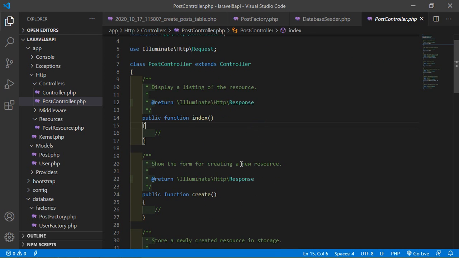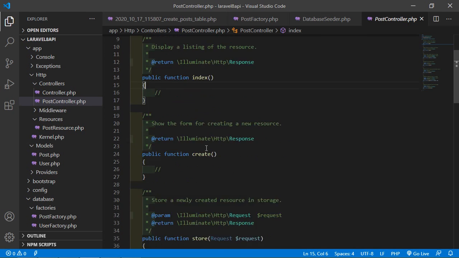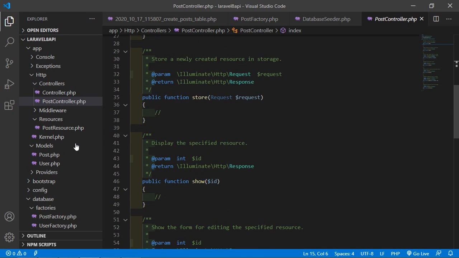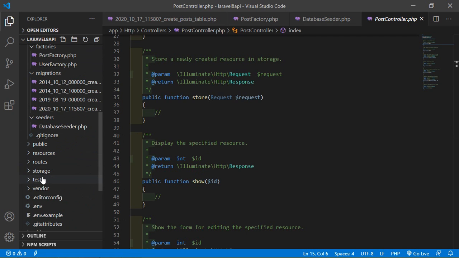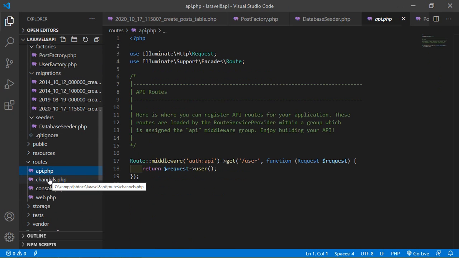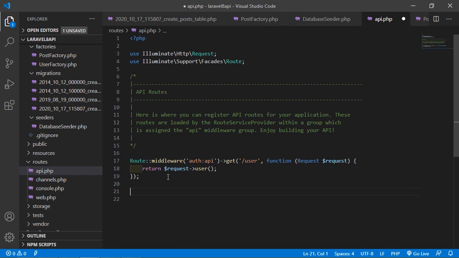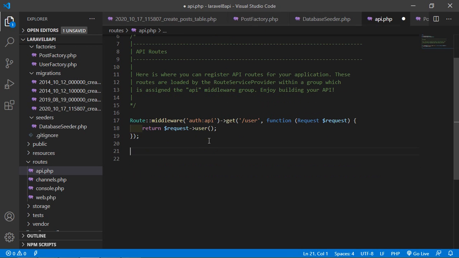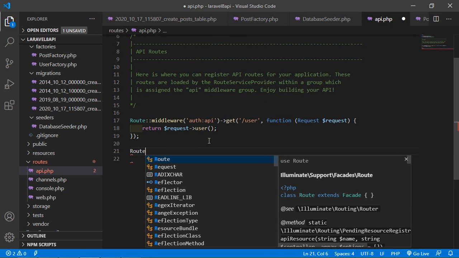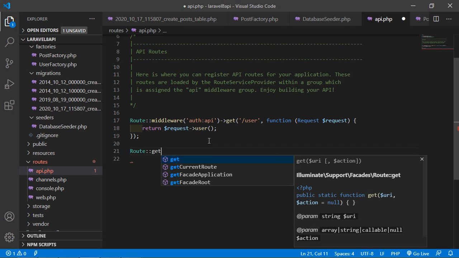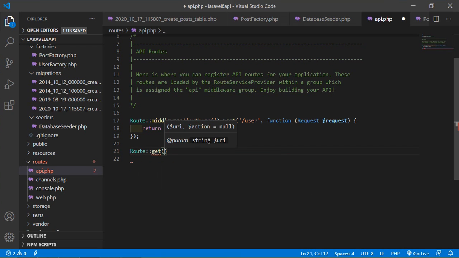Alright, now let's create the route for this function. So just go inside the routes directory, then open the api.php file, and inside this file let's create some routes. So just write here Route::get, and URI posts.